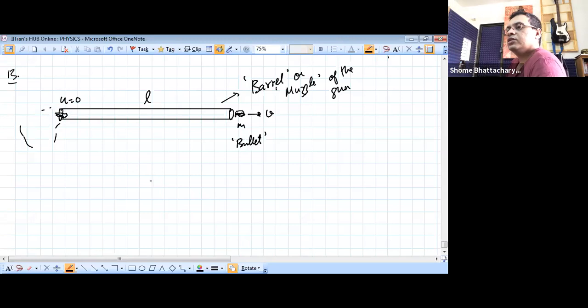Okay. So what is happening is that it is covering a displacement of L, and its velocity is changing from 0 to whatever this final v is. Okay, let's say this is v0. So it has an average acceleration which is